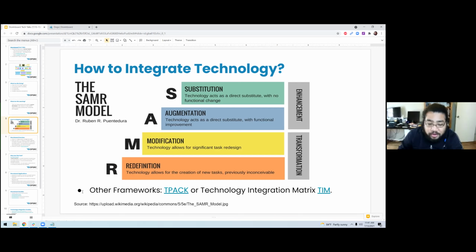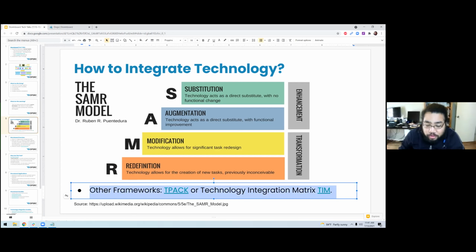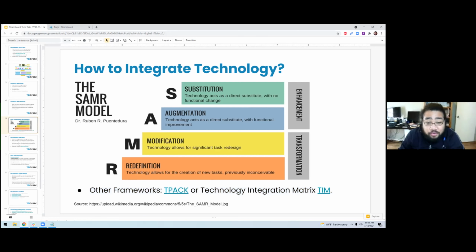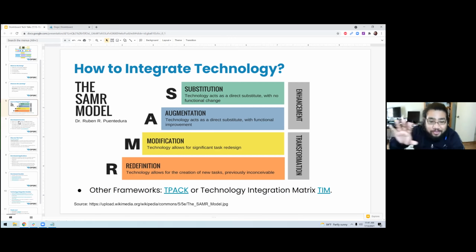I also include on here, I've updated this section for anybody that's already listened to some of my tech talks, and you're probably eyes glazed over at this point. You're like, I've already heard about the SAMR model. I've updated this a little bit to include TPACK in here, which is another framework, and suggest you take a look at the technology integration matrix. I think those are also amazing models. But I'm hoping that me talking about the SAMR model doesn't dissuade you from using those other ones. Take a look and see what works for you,